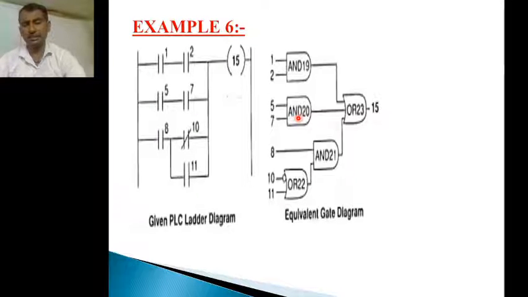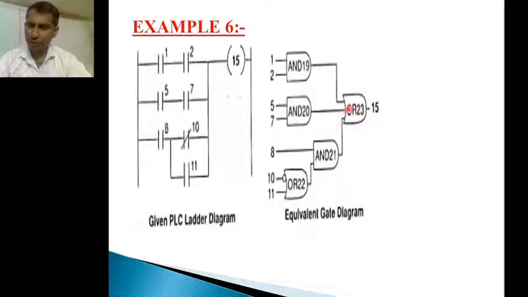And similarly, another example. How many combinations do we have here? First combination, second combination, and third combination, all are connected in parallel. So we can go for one OR gate. That OR gate consists of the 3 inputs, 1, 2, 3. And what is the first input? This one is another combination, which is nothing but 2 inputs connected in series. If 2 inputs are connected in series, that is the representation of the AND gate. So here I represent one AND gate with 2 inputs, 1 and 2.